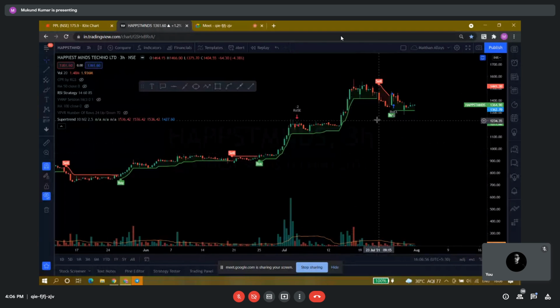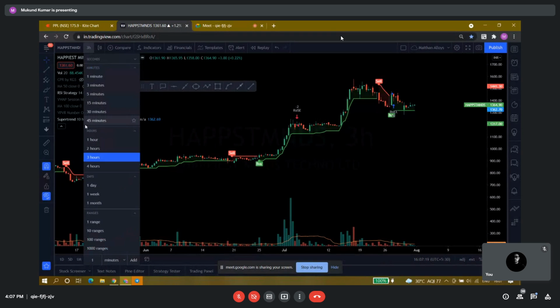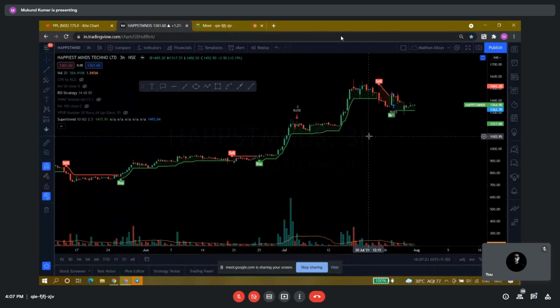Further, see, another thing I would like to add here. See this indicator. This is not a fast forward rule. This is simply to give you an additional hand to help you come out of a trade and not risk your earned profit. But if you believe the stock can perform well, if you believe the chart structure is good, even if this super trend trailing stop loss gives you an exit, you can wait.